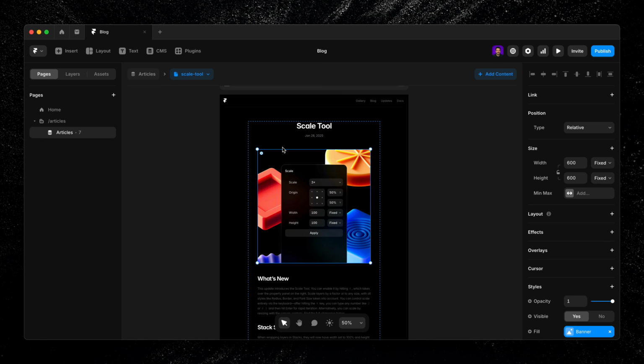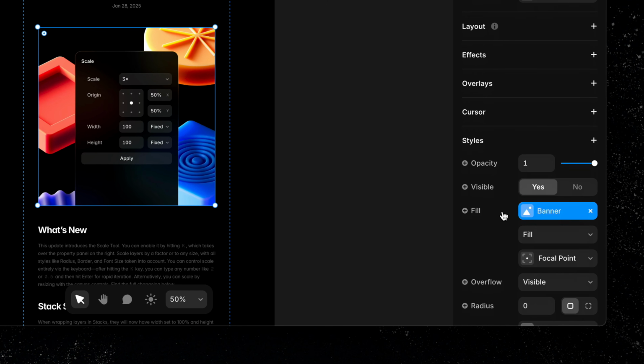Variables are what connect elements on the canvas to the content stored in your CMS. Think of them as smart placeholders. They automatically pull in the correct text, images, or data based on the item being viewed. When you drag a field from the Insert panel, Framer sets this up for you behind the scenes. But it's helpful to understand how variables work because you can also add and customize them manually to create even